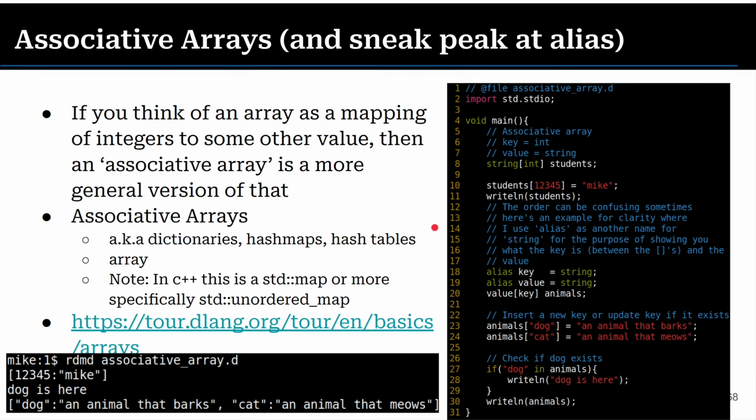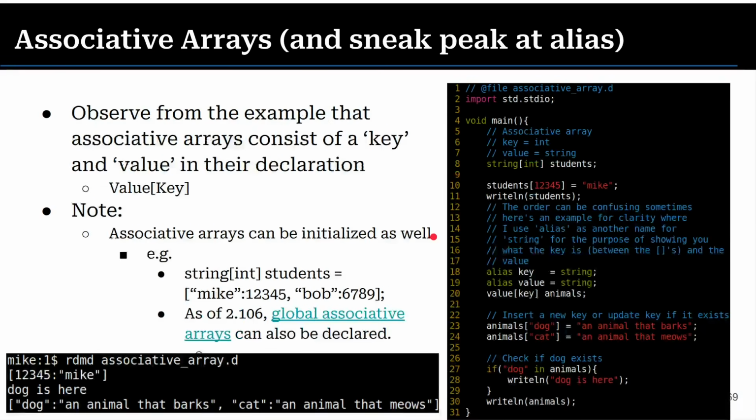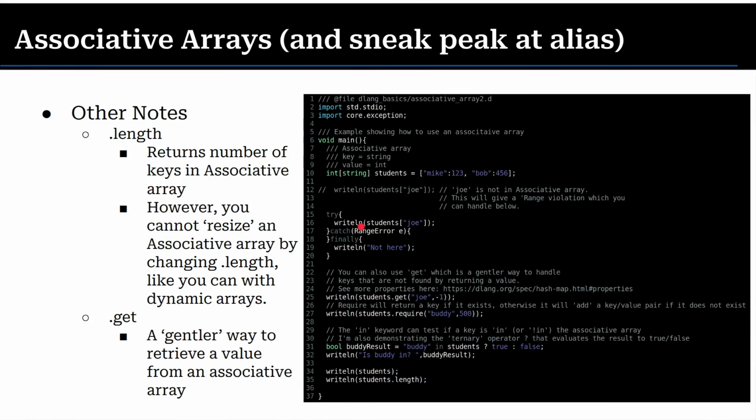Okay, so that's the idea. They're built in. They're very nice. They're similar in C++ to unordered_map if you've used that, or again in Python they work basically the same way. Okay, what else is here? I think that's just a few more notes here, so we'll keep moving on. And again, you have the conveniences like .length and so on to retrieve the length of the associative array. There's .get as well if you want to just test if something's available. So again, these are just some notes as you use associative arrays if you want to see what's going on.